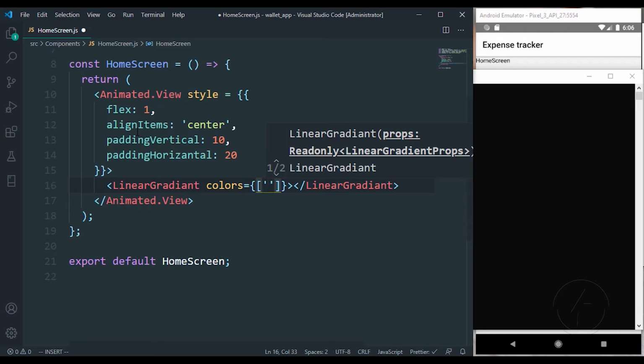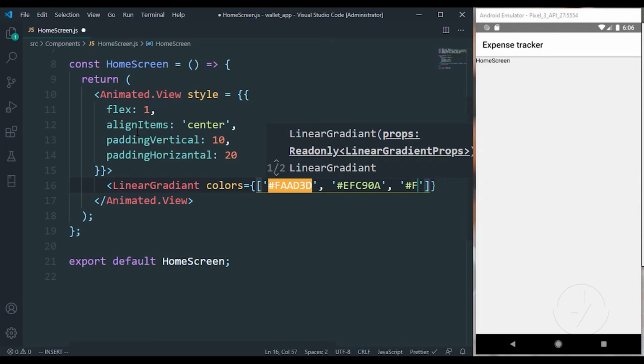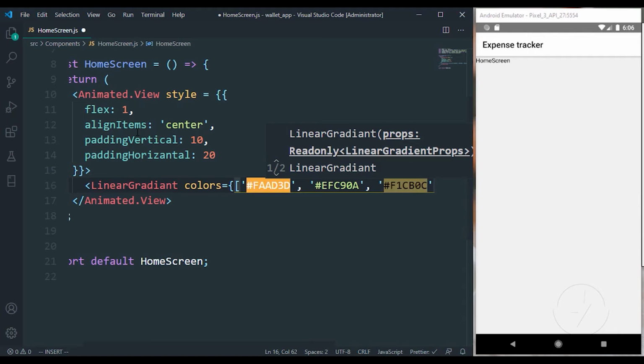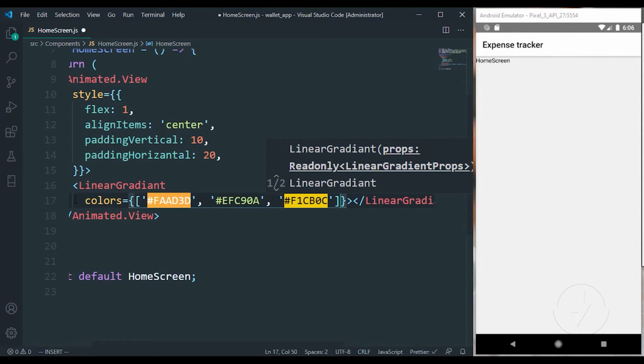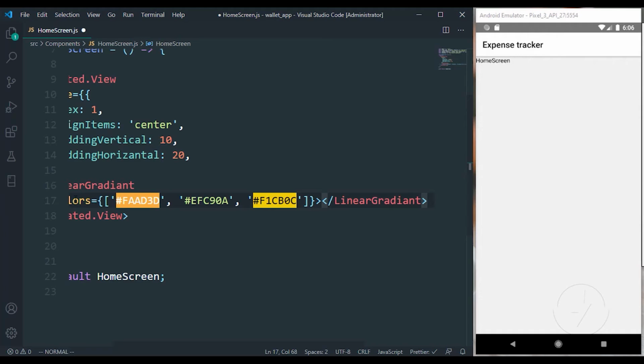So the first one is FEAD3D, the second one is EFC90A, and the third one is F1C. These are actually the colors that you saw in our application earlier when we started.